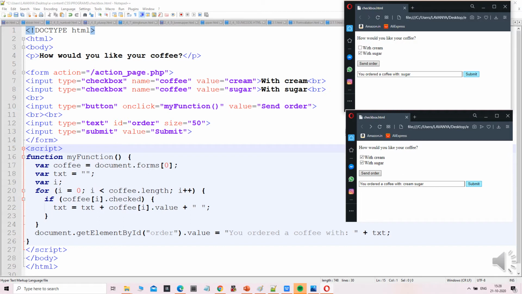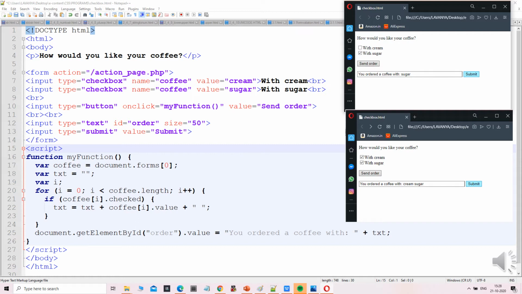If coffee[i].checked, then txt is equal to txt plus coffee[i].value. And by getElementById we write document.getElementById order value is equal to your order a coffee with. Okay, now end of the script tag, end of the body tag, end of the HTML tag.